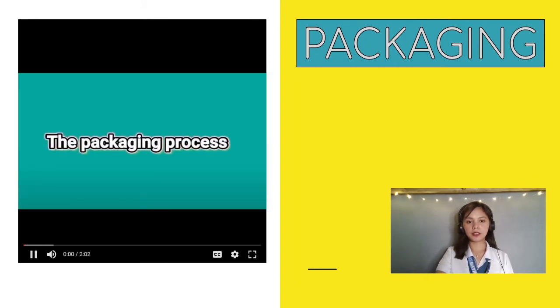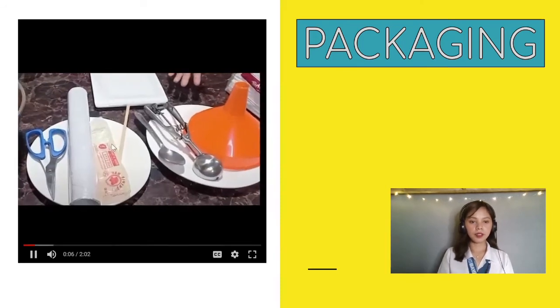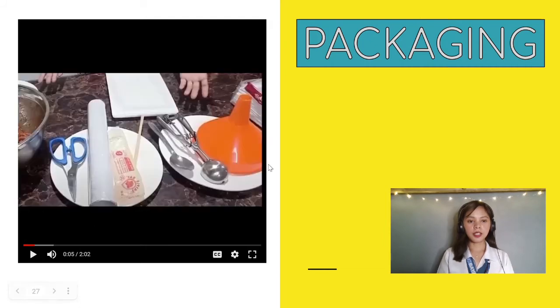So here, the packaging process. So here, wait, let us post it there. So here I have used a funnel, a big funnel, yes. Then a scooper. If you don't have a weighing scale, you can use a scooper so that your longanisa could be uniform in size. Spoon. I have a stick also so that I could use it for pushing the meat into the funnel. I have here plastic ice candy and cling wrap and a scissor. So let us proceed.